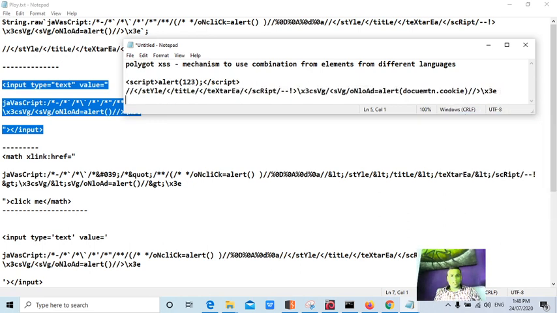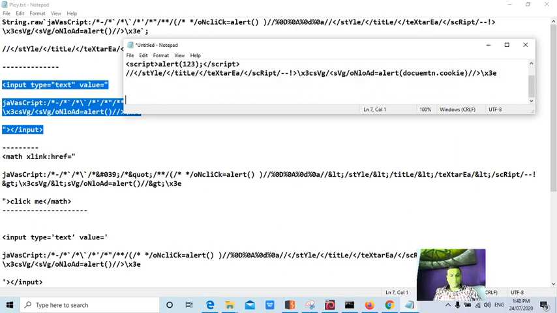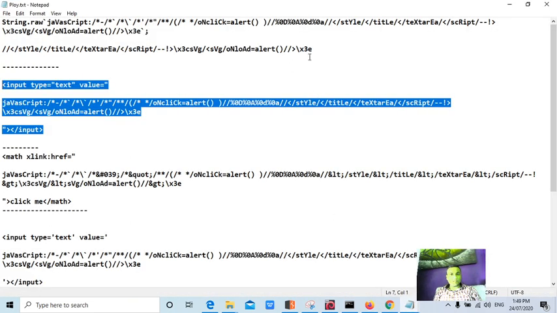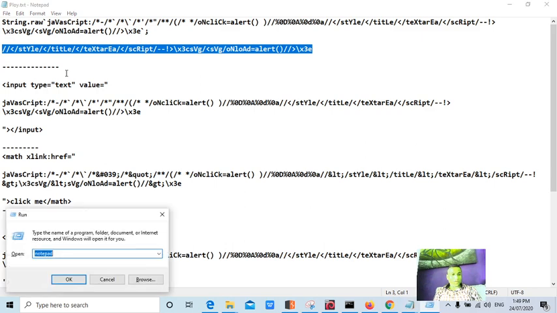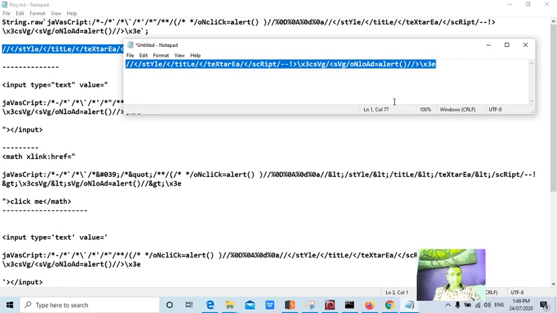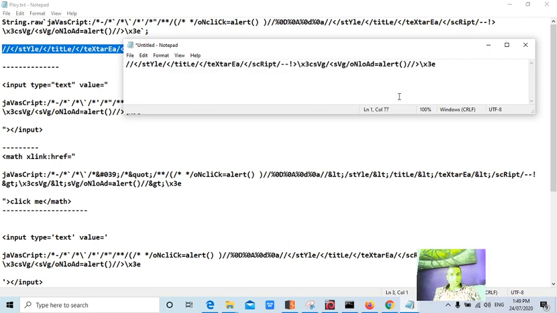And before executing this payload, the important thing you should notice, guys: let's say there is an input field asking for the username. What is the input field name? It was asking for first name. Now some web servers will limit the first name to 40 characters. That is common in most websites, guys. But what is the length of this payload? If you could see the number 77 here, that means only this part will be accepted by the application and the rest will be completely removed. So you cannot execute this polyglot.